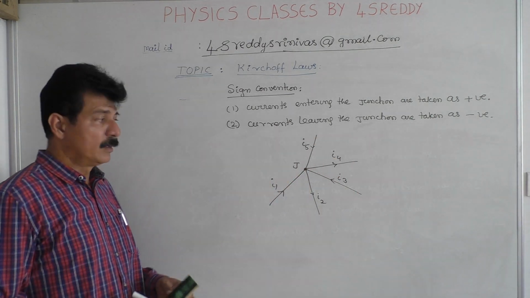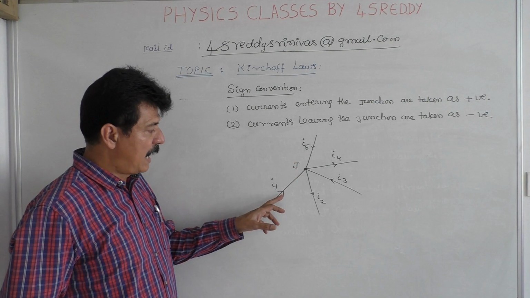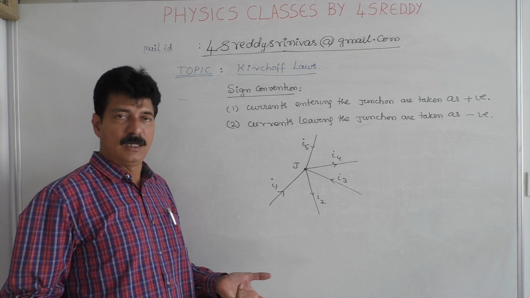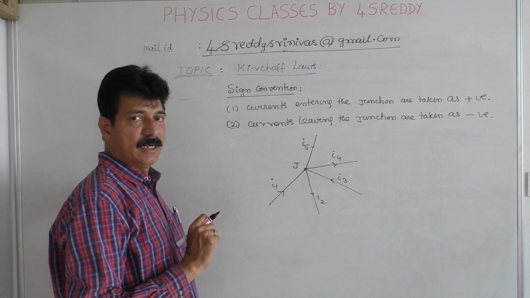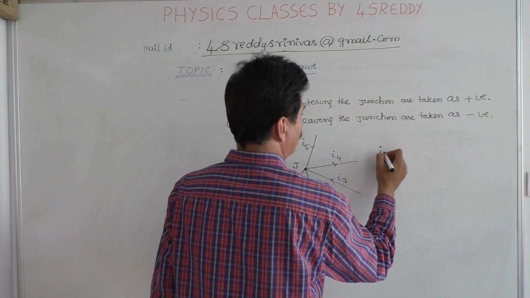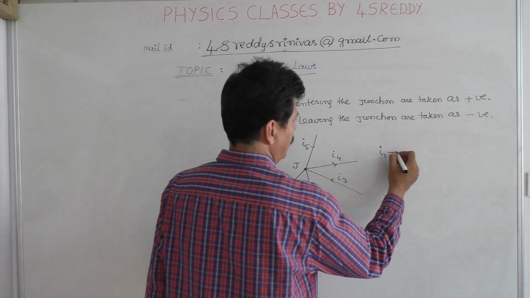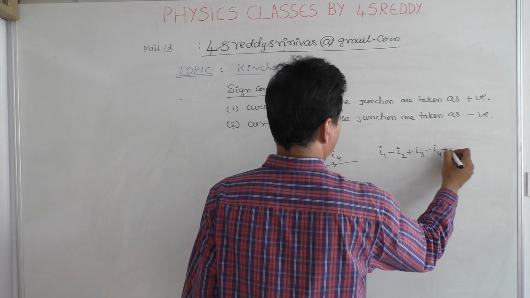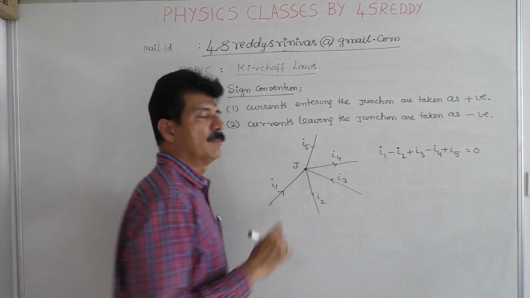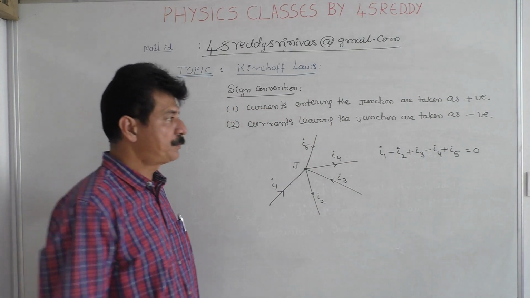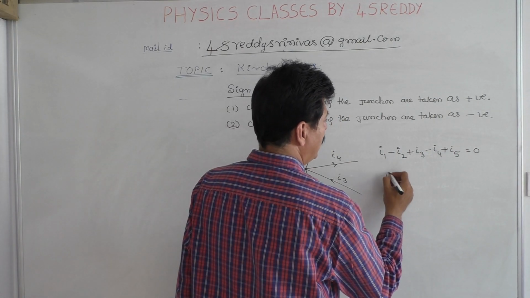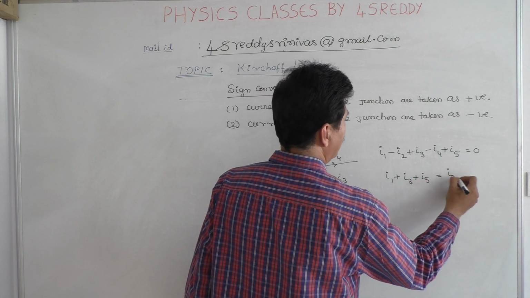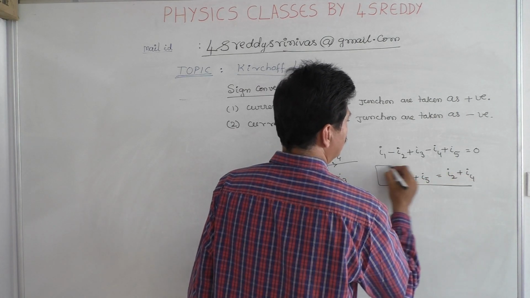Towards this junction, I1, I3, I5 are entering, I2 and I4 are leaving. So currents entering the junction are taken as positive. So I1 positive, current leaving the junction negative, current again positive, negative and positive like this. So the algebraic sum of the currents at a junction is zero. Or otherwise, you can take that I1 plus I3 plus I5 is equal to I2 plus I4,